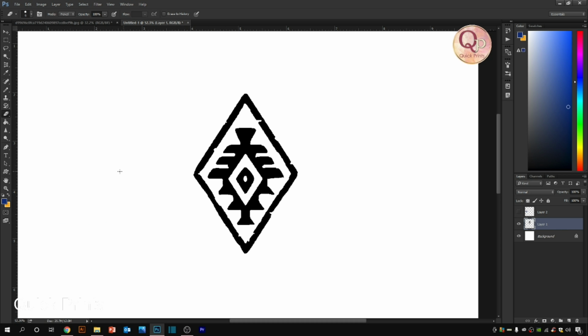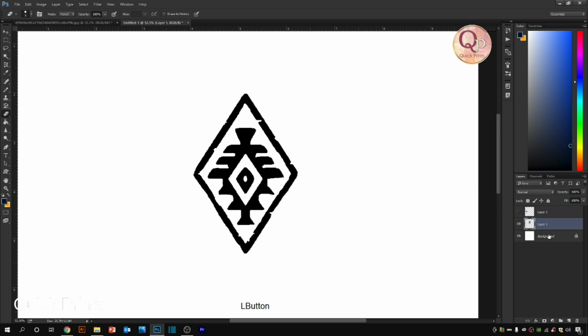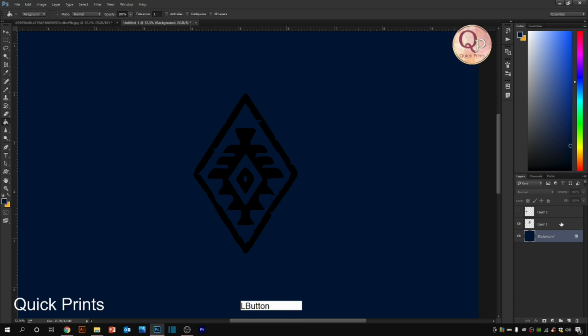So fill the color. Let's fill the dark base first. Yes, G for paint bucket, simply. Okay, now